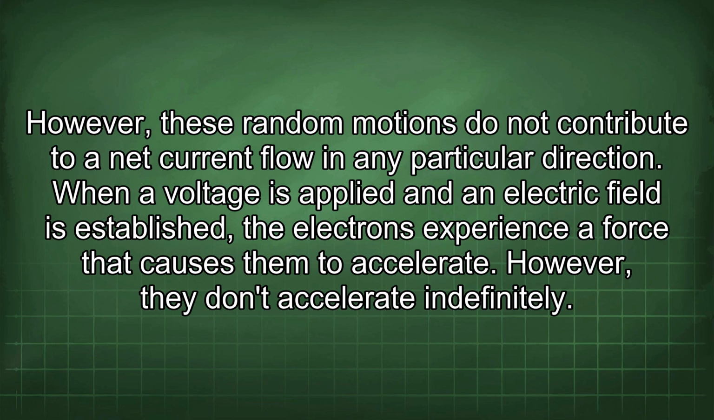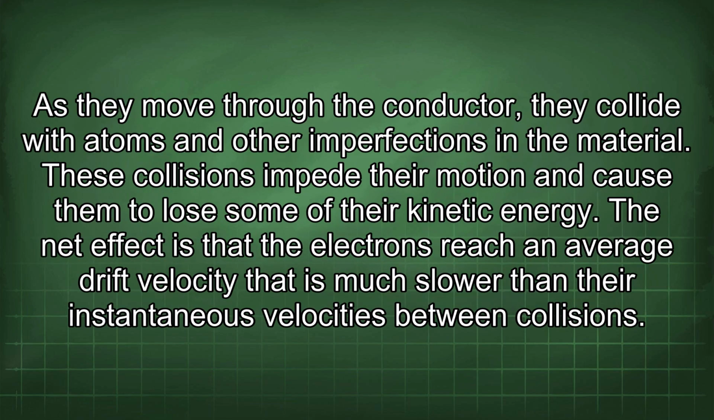When a voltage is applied and an electric field is established, the electrons experience a force that causes them to accelerate. However, they don't accelerate indefinitely. As they move through the conductor, they collide with atoms and other imperfections in the material. These collisions impede their motion and cause them to lose some of their kinetic energy. The net effect is that the electrons reach an average drift velocity that is much slower than their instantaneous velocities